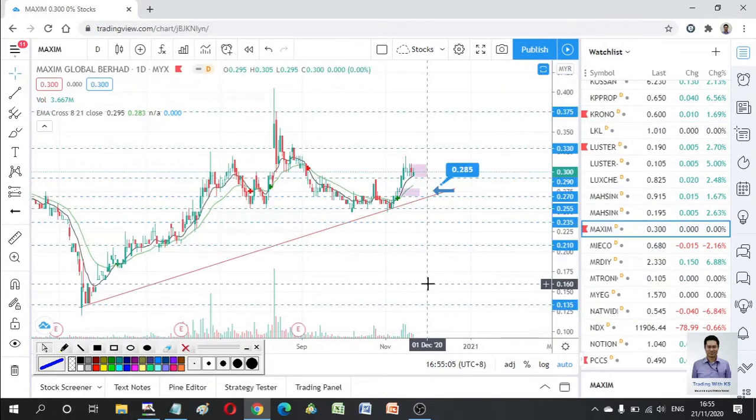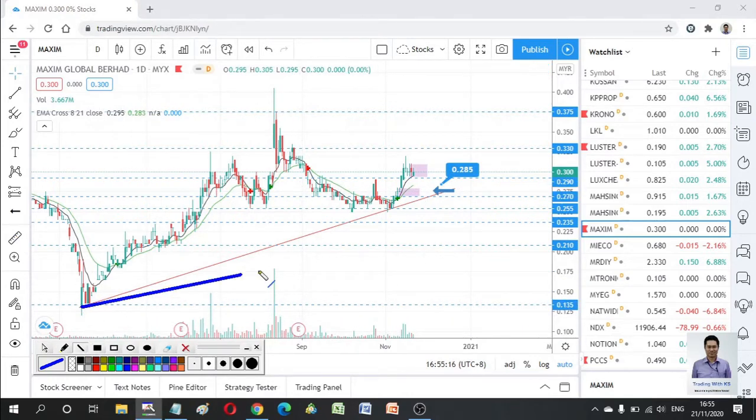See all these counters actually lost their momentum during the bearish KLCI. The KL Composite Index has been coming down lately, so there is a loss in momentum. We talk about this area being bullish, where you can buy. Now the price came here and received a lot of rejection at this area.